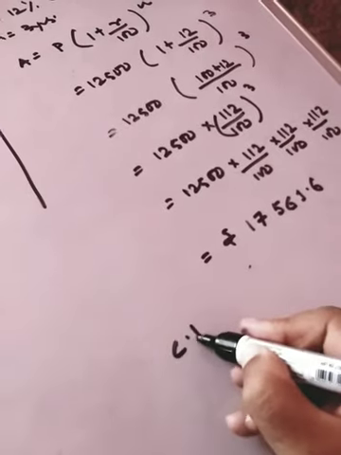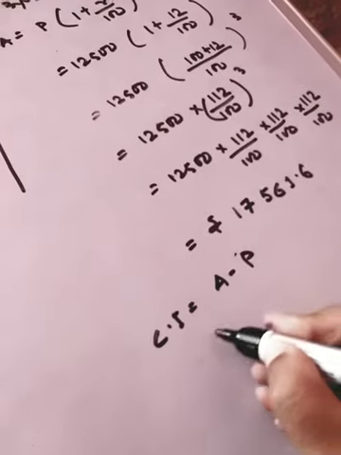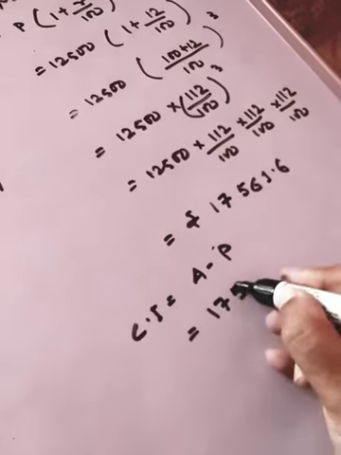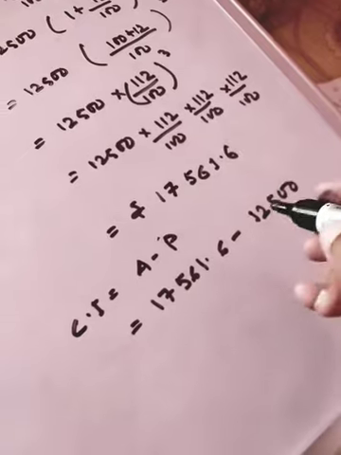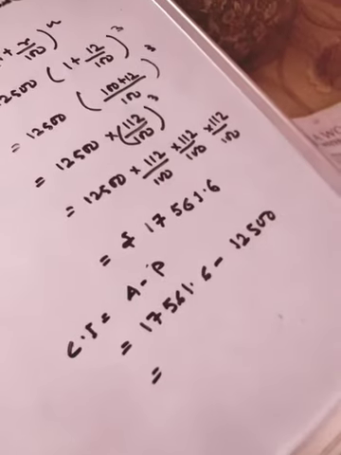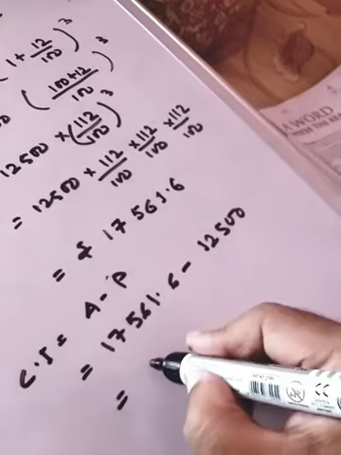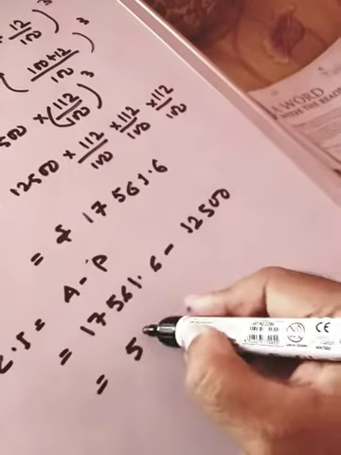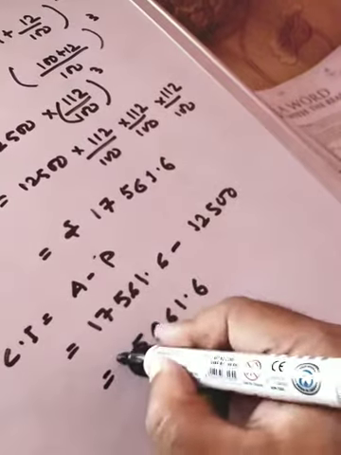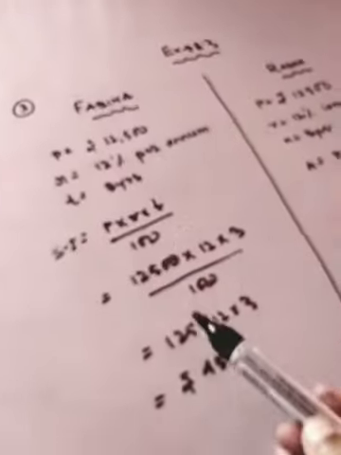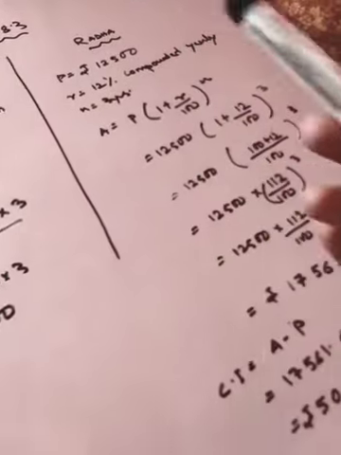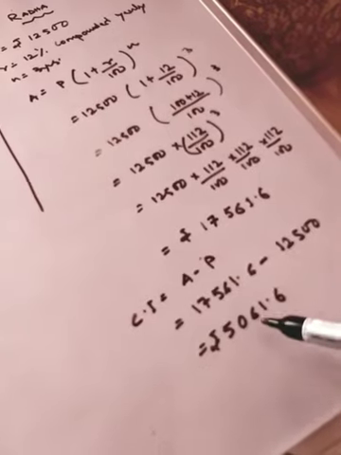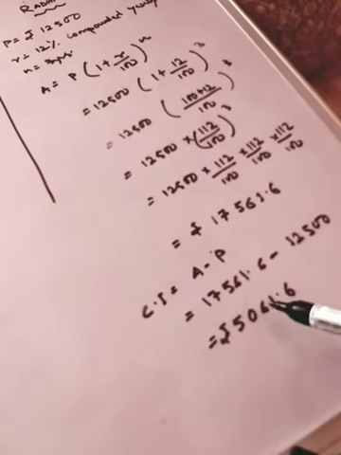Now if you have to see, the CI would be amount minus principal. 17561.6 minus 12,500. Okay, so if you subtract, what is the answer? Answer is 5061.6 rupees. Now Fabina is paying how much interest? 4,500. That is in simple interest format, and Radha is paying 5061.6 rupees as an interest. So she is paying more? Absolutely. So you will write